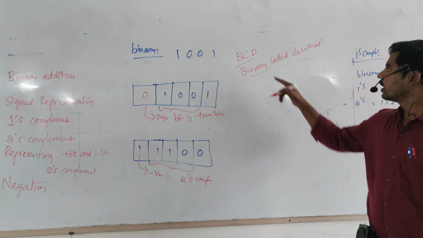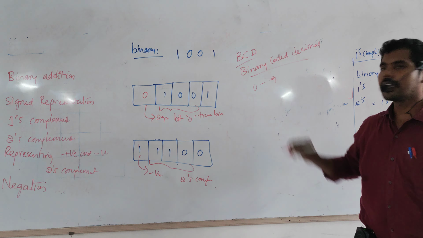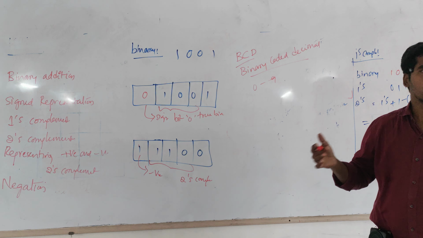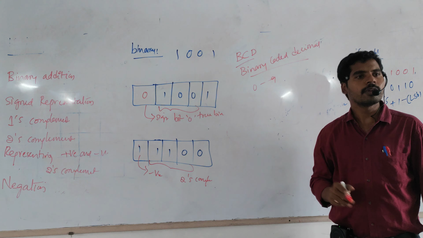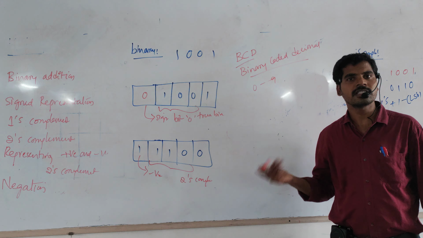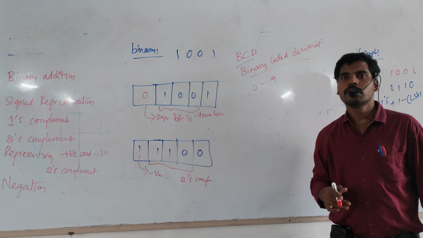In BCD, binary coded decimal, the decimal values range from 0 to 9 only. After 9 no values will exist. That is why in BCD, the last values from 10 to 15 we can consider as don't care, because no inputs will be there. No input means no output will exist. So that's why we consider them as a don't care condition.